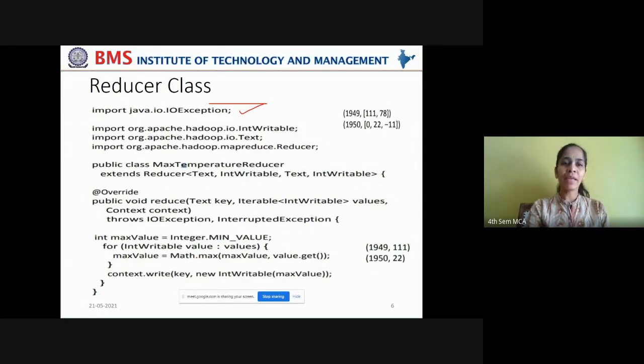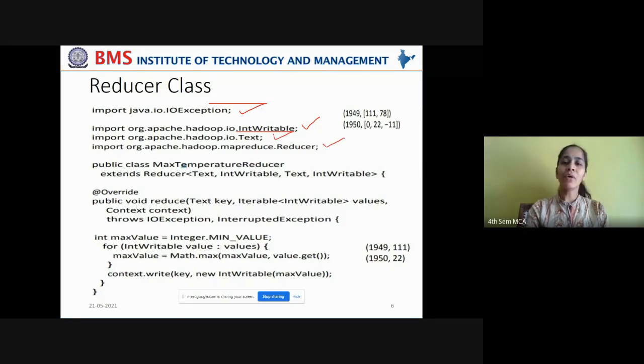Okay, so you again import the java.io exception class, and you also have to import int writable and text. You know, because these classes are the data types which can be understood by Hadoop. That is why we are importing int writable and text classes from Hadoop's IO package.